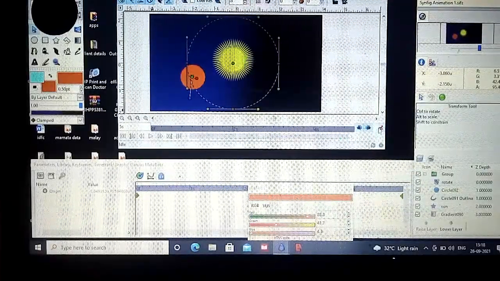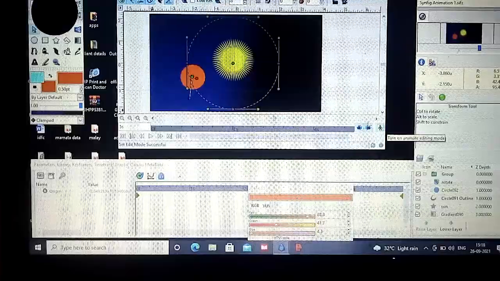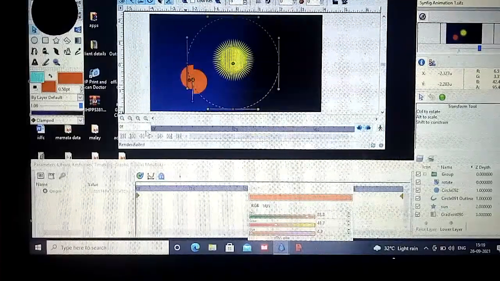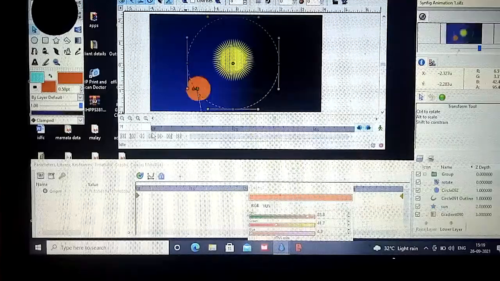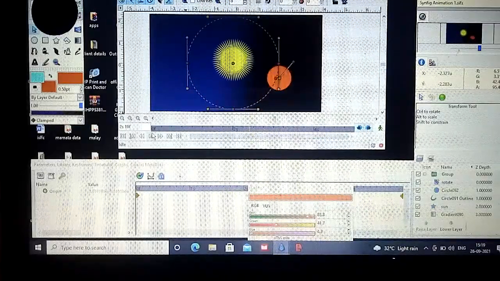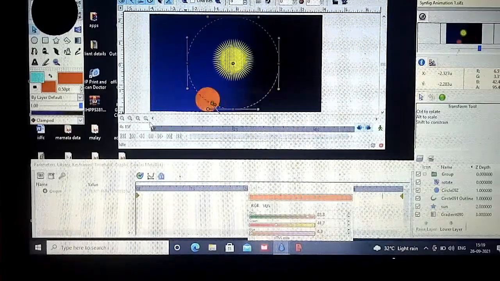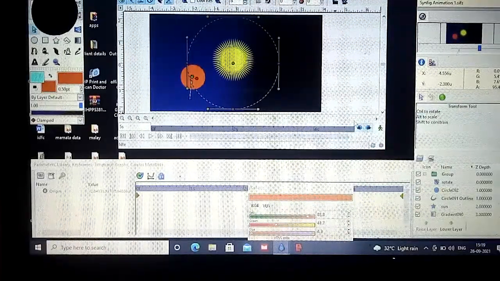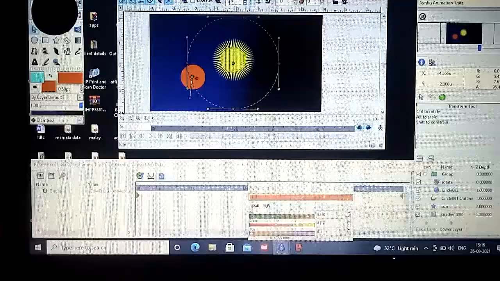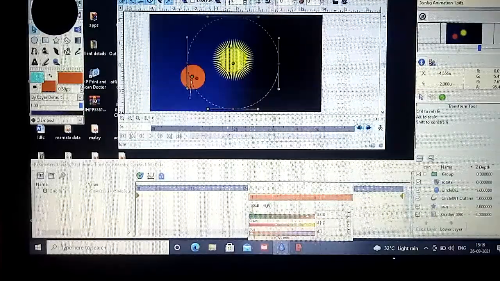Okay, so now I will turn off this animation editing mode. Then at 0F, okay, the position is okay. Now just see the animation. I hope that it's right only. Okay, so here with some of the blunders I have done this, so it's wrong.